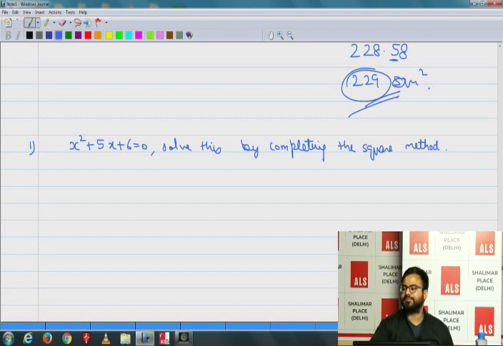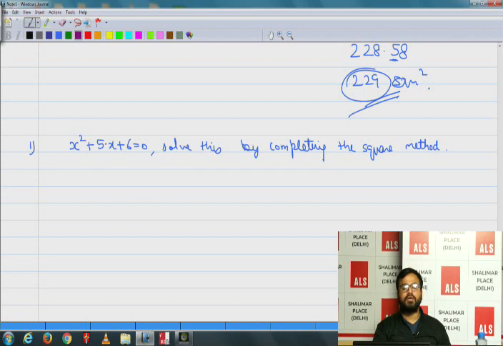So what answer are you getting? That's great, correct answer. So in the completing the square method, what we have to do, first of all, we have